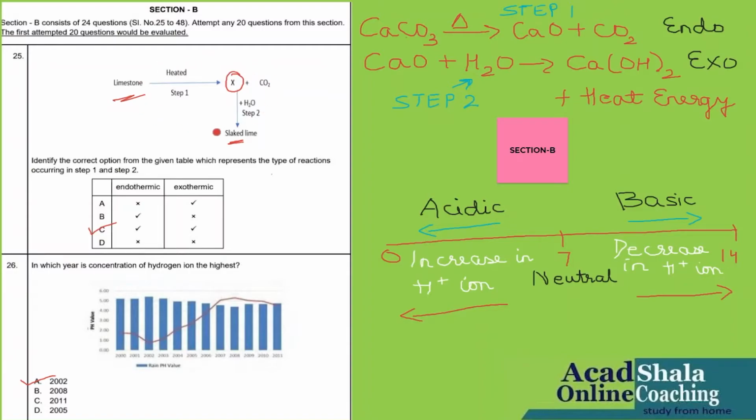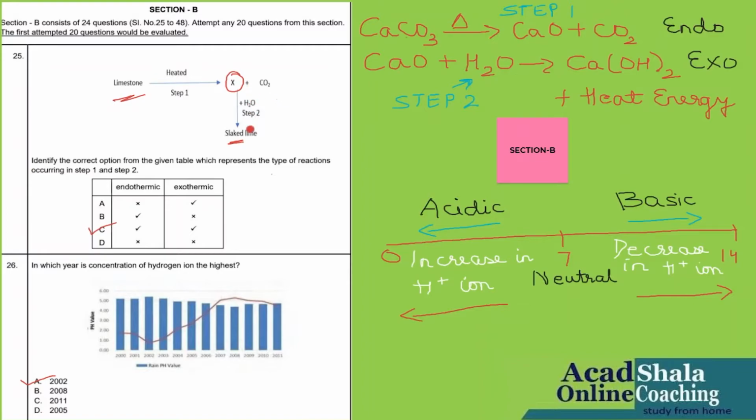To solve step 1 and step 2, I have done a little bit of homework, or rough work, over here. Limestone, I know, is calcium carbonate, so I have written CaCO3. Heated, I have shown a triangle which shows heat. That means I am providing heat to calcium carbonate. This gives you calcium oxide plus carbon dioxide with my prior knowledge. And this becomes step 1 according to the figure shown in the question. When heat is absorbed in any reaction, I have studied, it is said to be an endothermic reaction. In the corner, I write down endo.